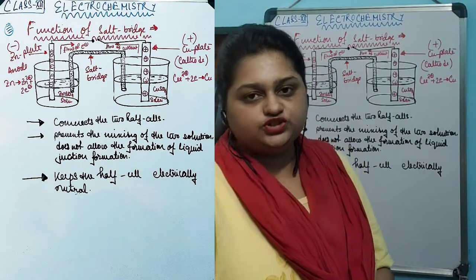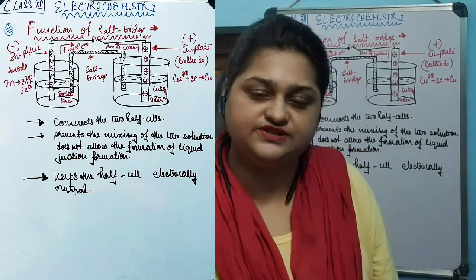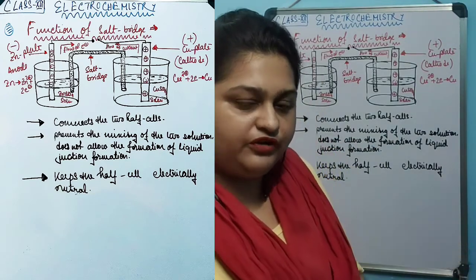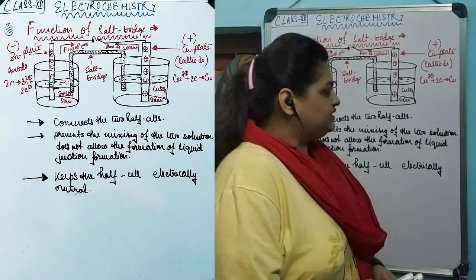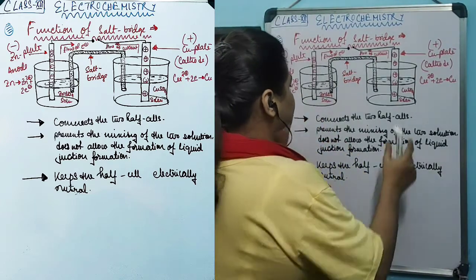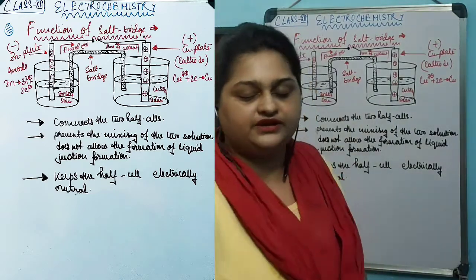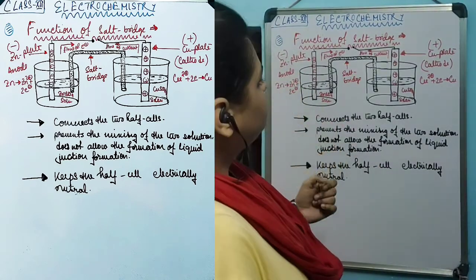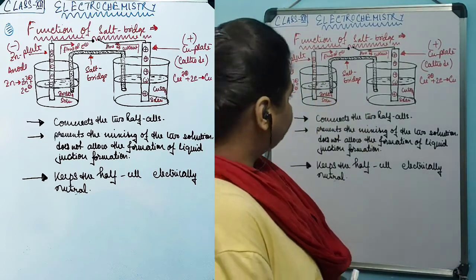A salt bridge is a U-shaped tube that contains chemicals like potassium chloride or potassium nitrate. This kind of electrolytic compound is mixed with an agar-agar jelly and filled in this hollow U-shaped tube, and this tube is known as the salt bridge, which connects both half cells in a galvanic cell, a voltaic cell, or a modified galvanic cell. That is one of the main functions of a salt bridge: it connects the two half cells.